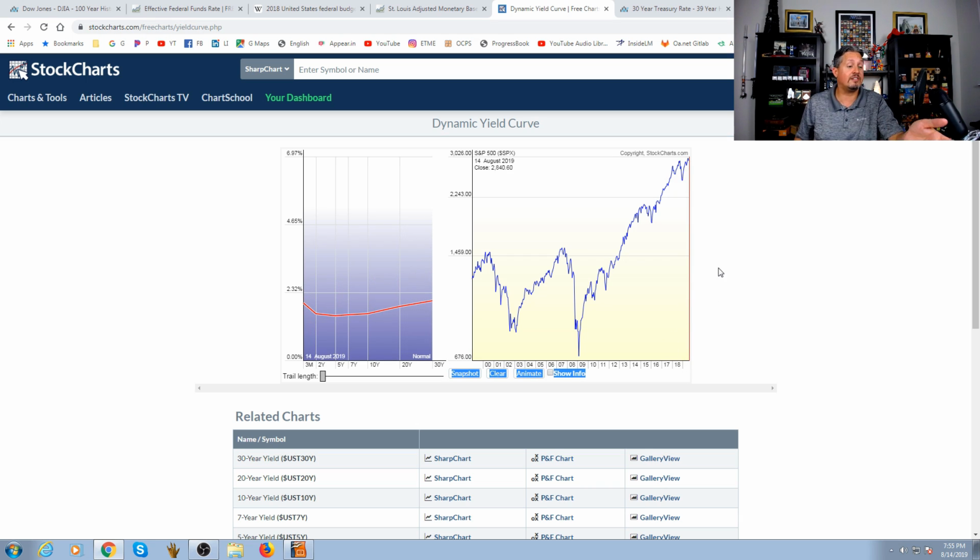And in fact, this isn't even updated yet. What we just did today is that the 2-year got above the 10-year, so it's actually inverted, right? So now you've got the same signal that, again, be very clear, has predicted every single market crash for the last like 40 years, just happened, right?